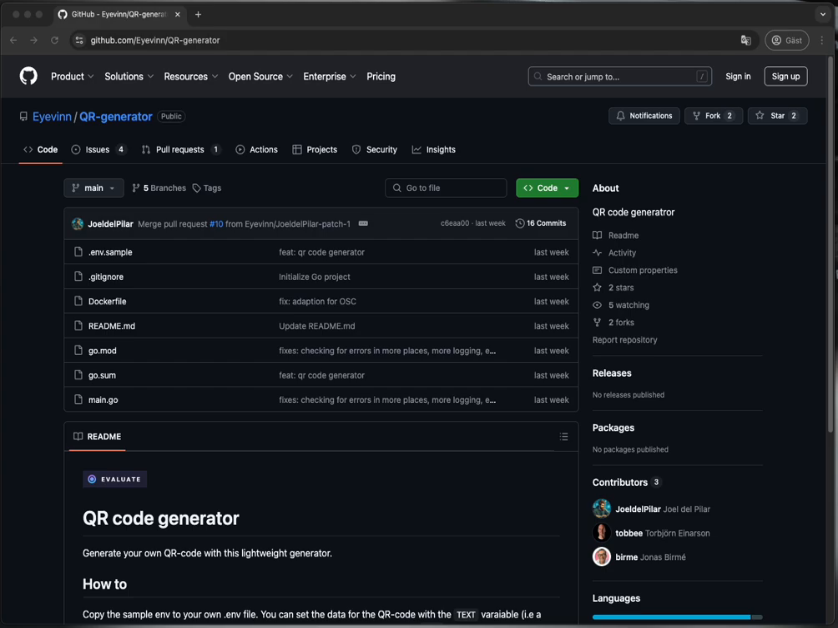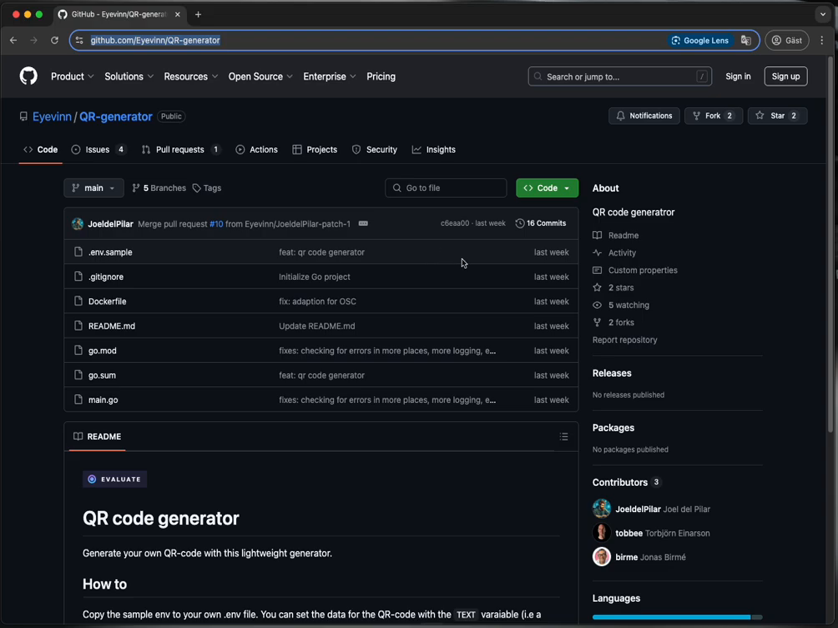You could just spin it up and get going right away. So this is what I'm going to show you now. I found a repository here, which is a QR generator that I would like to use. I want to have a QR code on my homepage, for example. I copy the URL to the GitHub repository, and then I go to